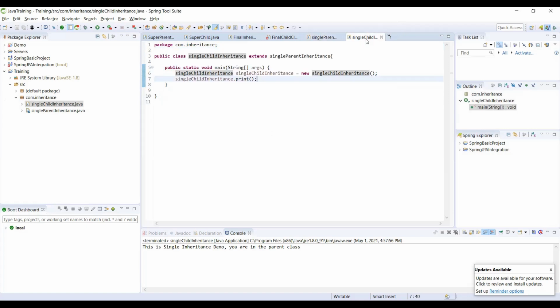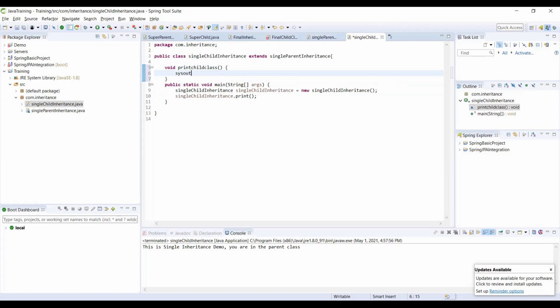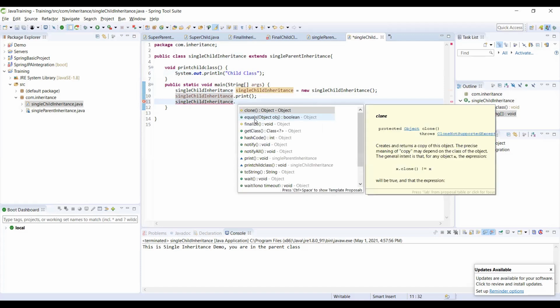In my child class, I can implement my own methods as well. So here I can call single child inheritance dot print.